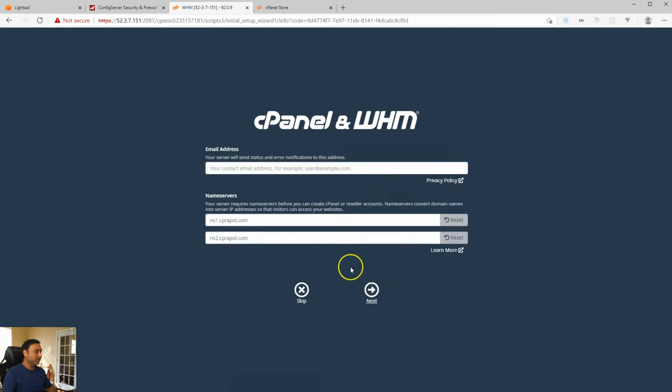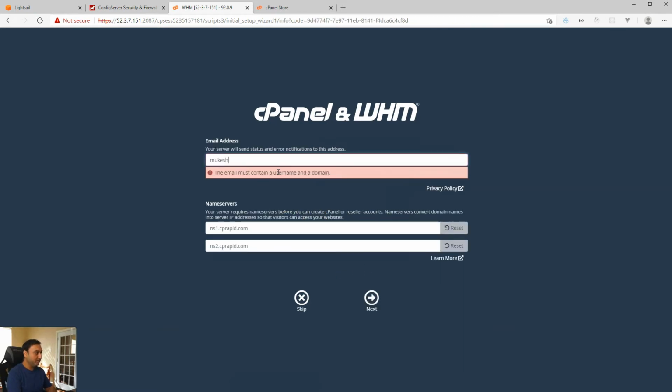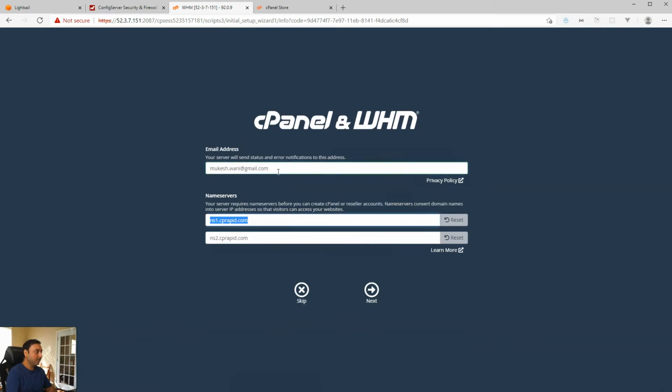We'll go ahead and click on Server Setup. Give it an email address. Leave the name server options the same. If you intend to run all your domain's DNS management on this server itself, then you'll run through some different setups. I personally, if I was setting up a cPanel account, I would not use the server's name servers for my DNS management. I recommend doing that on your domain registrar's DNS management, or you could use Lightsail's DNS management